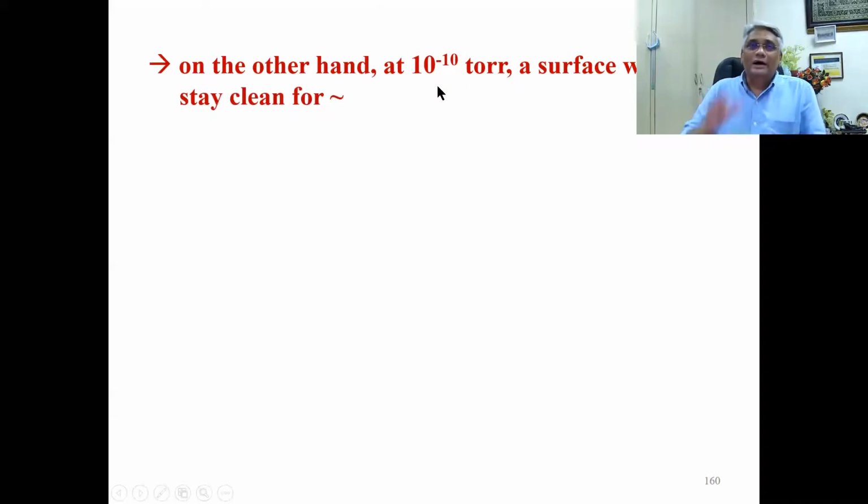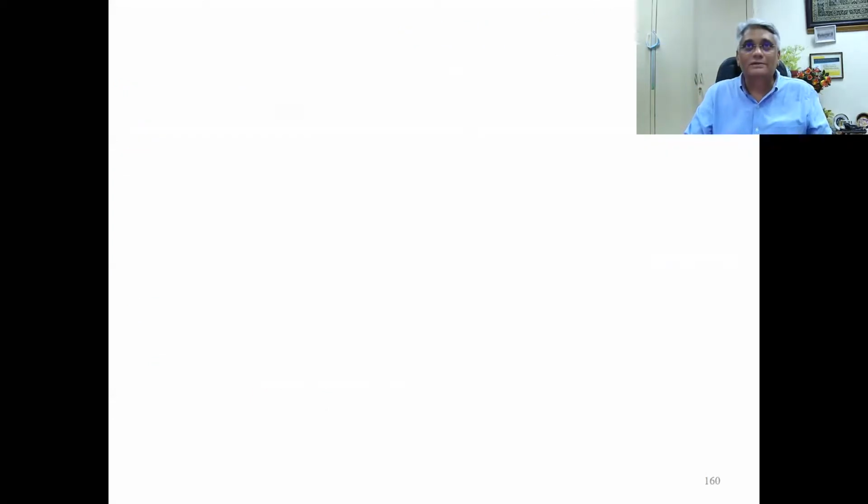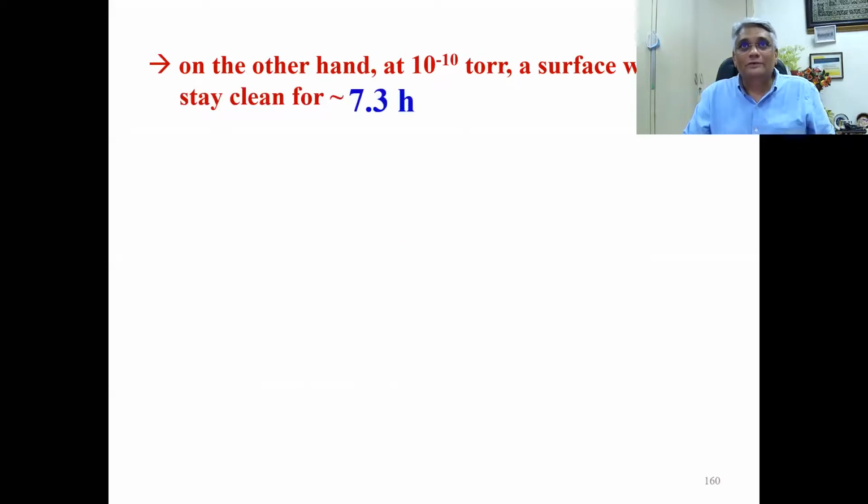So in the ideal case where this chamber is straight away evacuated to 10 raised to minus 10 torr, right? Idealistic situation, the best vacuum. So without the vacuum being present around the surface that is clean, the surface can get contaminated within 3.5 nanoseconds. But if you provide a vacuum level of 10 raised to minus 10 torr, the surfaces can stay clean